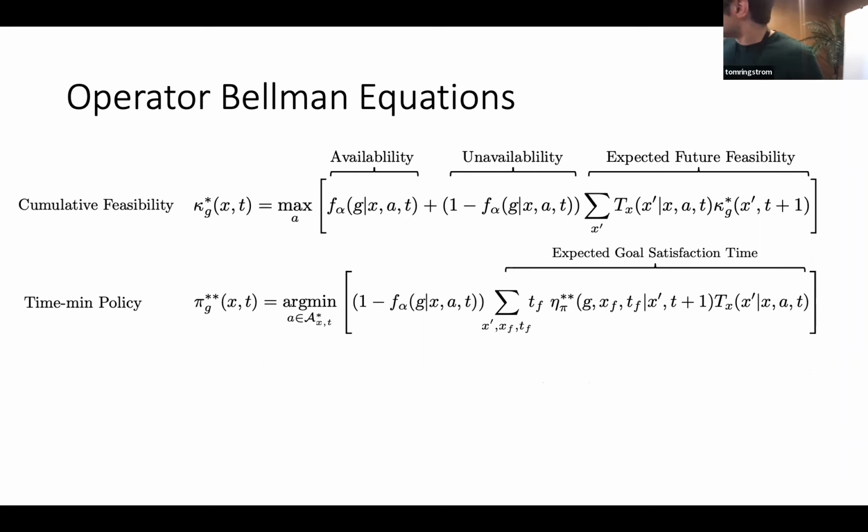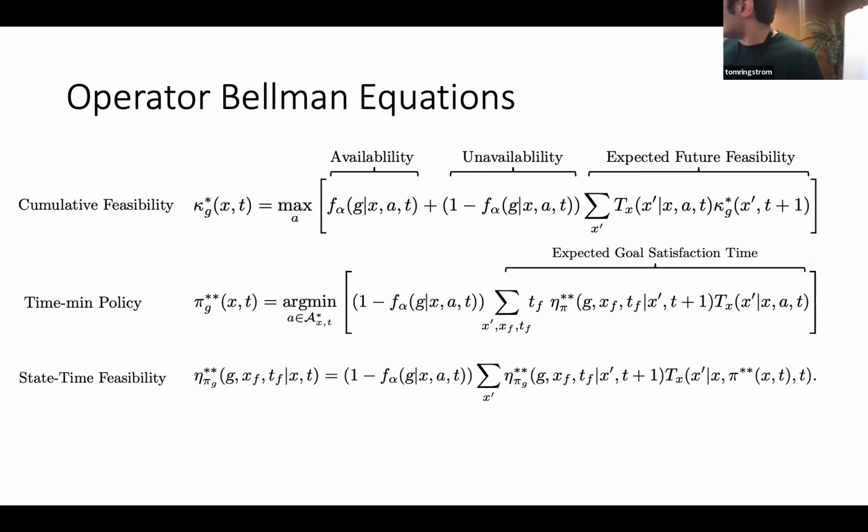And so in this framework, we have a third object, which is the state time feasibility function, which you can just update as you compute these other 2 things. So this is the primary objective, but the state time feasibility function, as you update it backwards in time, backwards induction, has this relationship to the cumulative. So if you have some state time here and you have the same state time here, you're just summing over the final times. So the cumulative feasibility function is just the sum over the final state time probabilities.